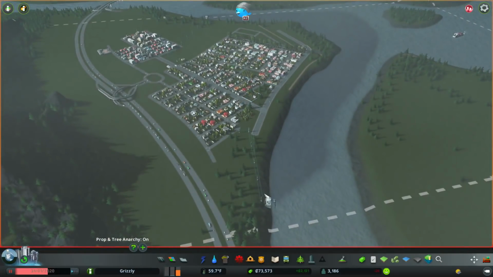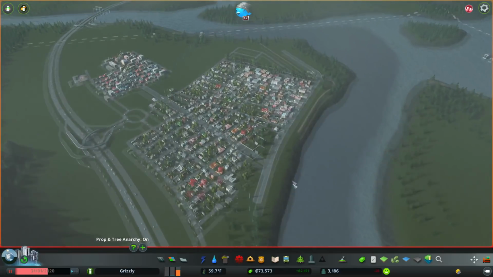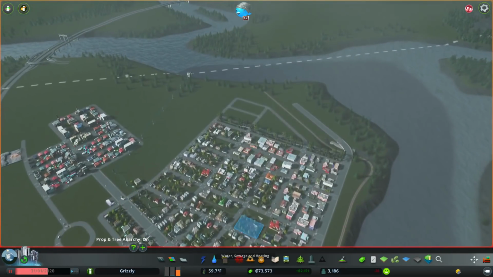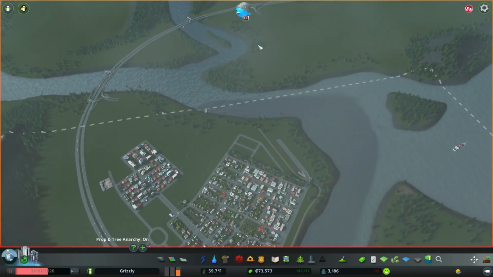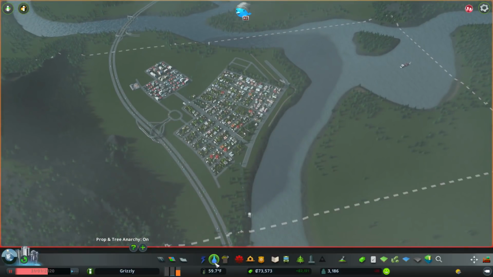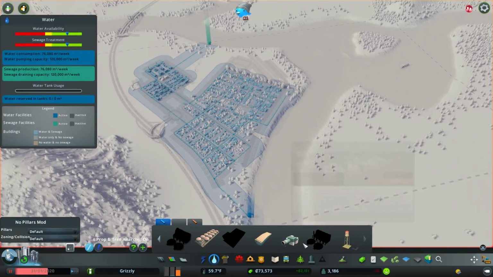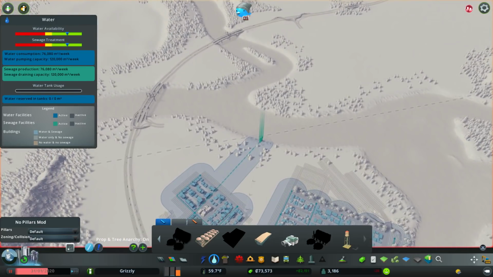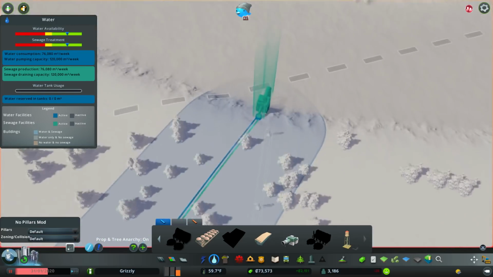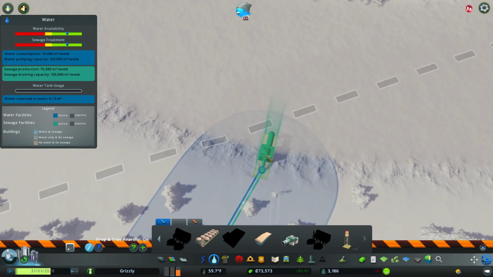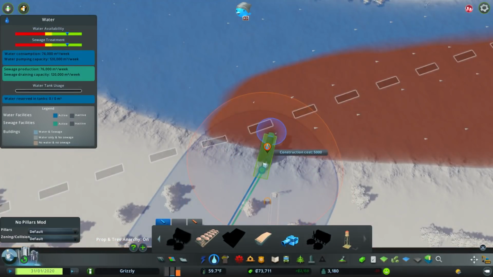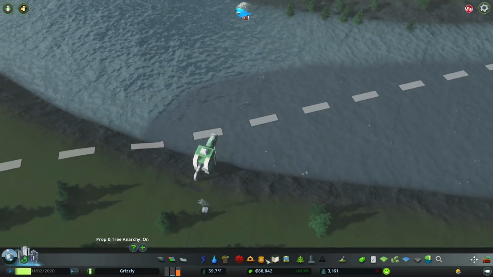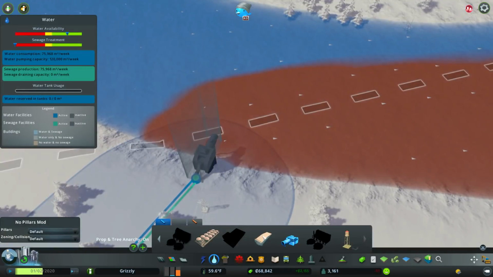Then the last thing, I'm going to go ahead and we're going to have to figure out another water source here. For one, we're going to have to upgrade this water outlet, and it is 5,000. So we can do that. Let's go ahead, pause it, delete it. And now the eco water pipe. And then as far as